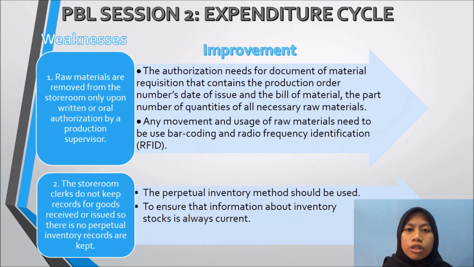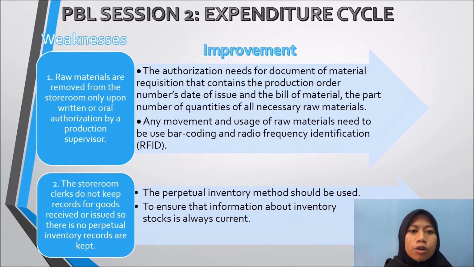Warahmatullahi wabarakatuh. Today, I want to present about the weaknesses that exist in Alvin's expenditure cycles and the suggestions for improvements. So, the first weakness that exists in Alvin's expenditure cycle is raw materials are removed from the storeroom only